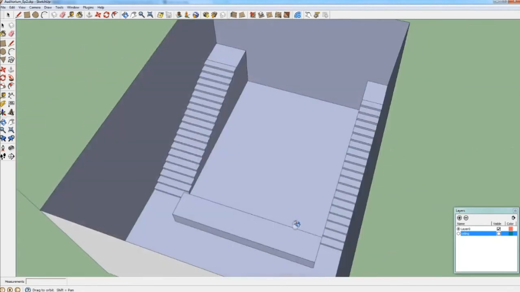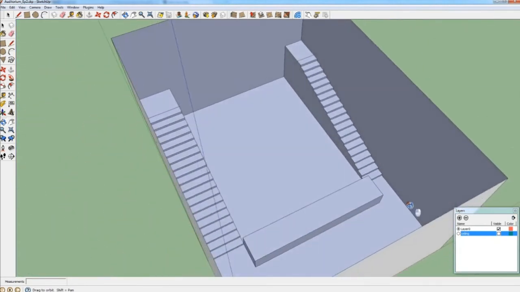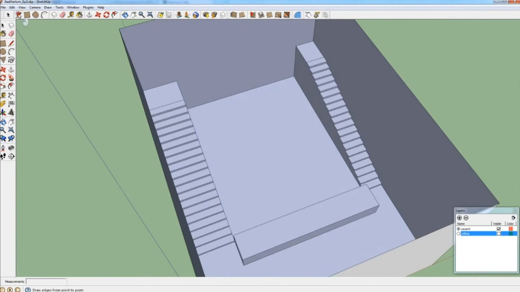The next step is to finish the platform here by connecting these 2 points. Finishing the shape.